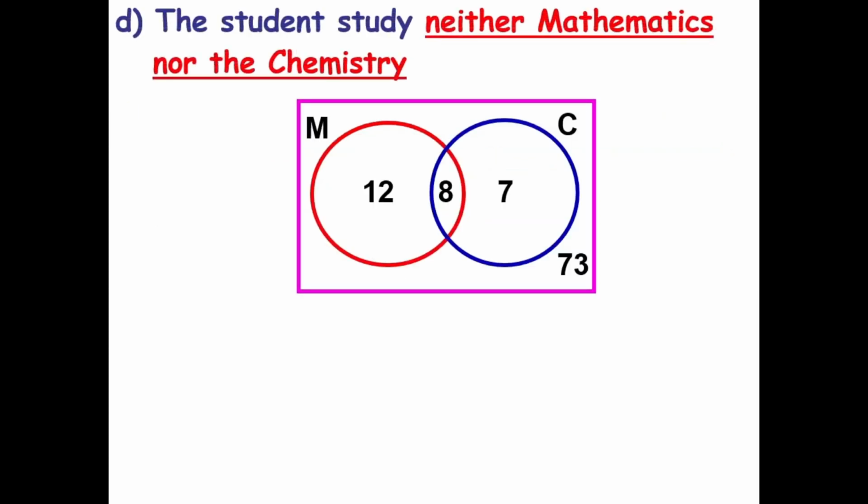Part D, find the probability that the student studies neither maths nor chemistry, meaning that this is the complement event of M union C. So from the Venn diagram, it is just